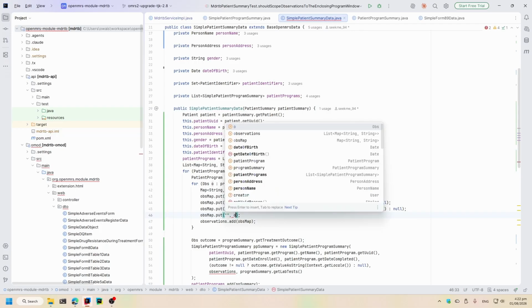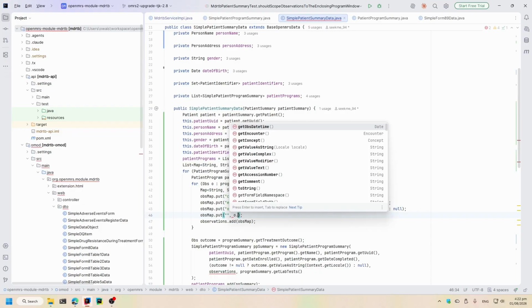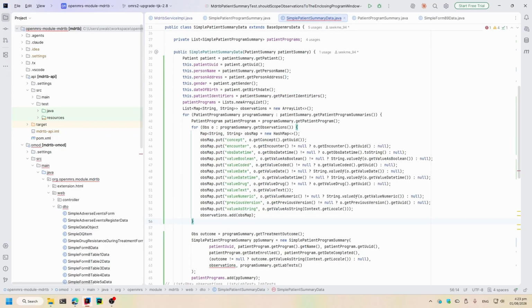So we now have value, all these values, right? So value boolean, value text, value coded, value date, all of these have to be covered. I'm going to put in all of them. So now that I have all the observation properties I need,